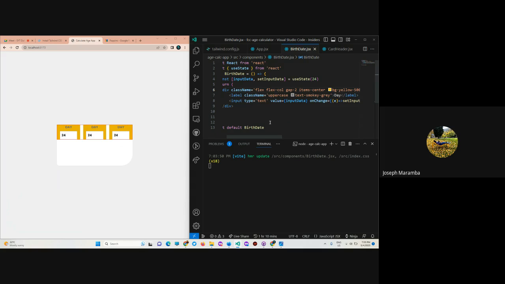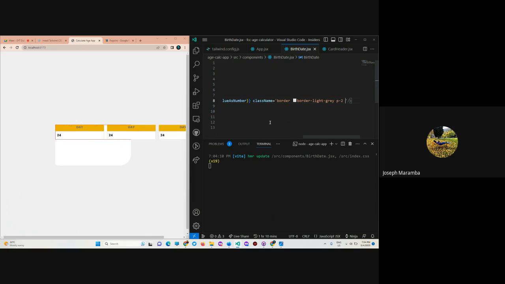Okay, so it's too big. So instead of, like you said, you put 3/4. I put 3/4. Why did it get so big? Like without specifying a width? What if you remove the width and then you put like